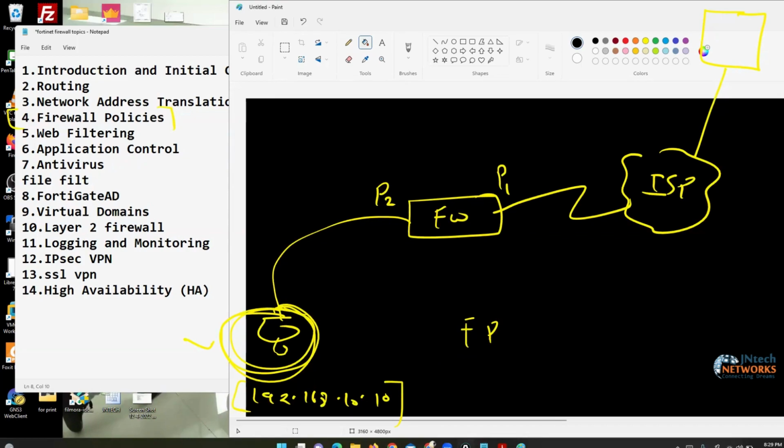For example, this is called firewall policy rule 1. This is your first rule. As per this firewall policy, traffic is traveling. So if someone hits this rule, you can monitor the log. You can monitor your traffic. If someone hits this firewall policy, you can verify the log information. So in the log, you can get only the incoming interface,